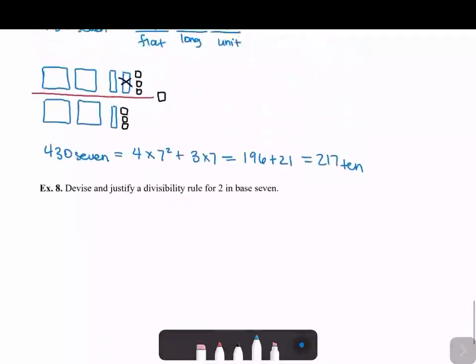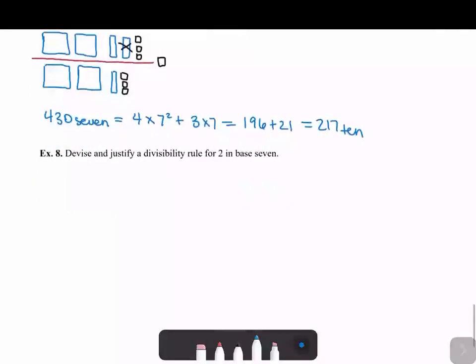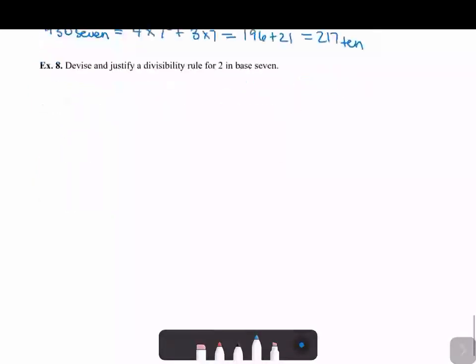We want to generalize this and make a divisibility rule for 2 in base 7. So let's start off by listing some of the numbers in base 7. We've done this before. We start off with 0, 1, 2, 3, 4, 5, 6, and then we carry when we get to 6. So it's 1, 0, 1, 1, 1, 2, 1, 3, 1, 4, 1, 5, 1, 6, and then we repeat